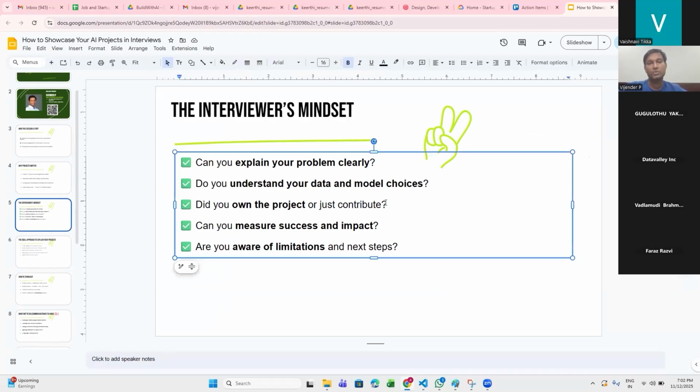The third point is, did you own the project or did you just contribute to it? Correct. So I'm also interested in knowing if